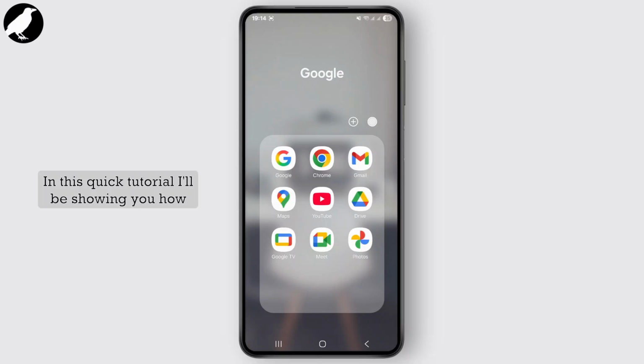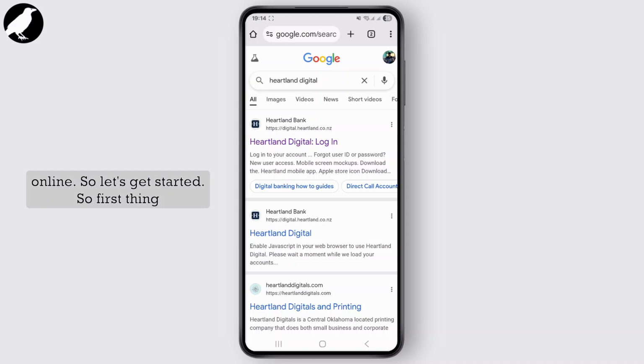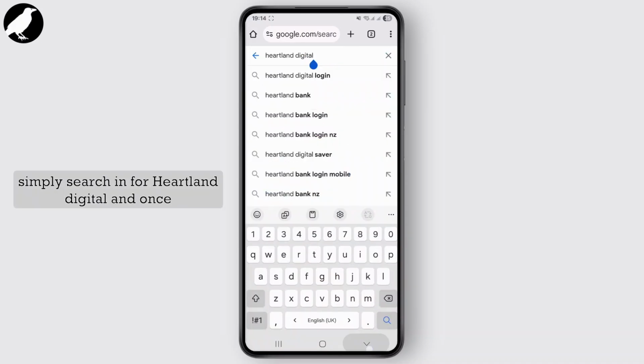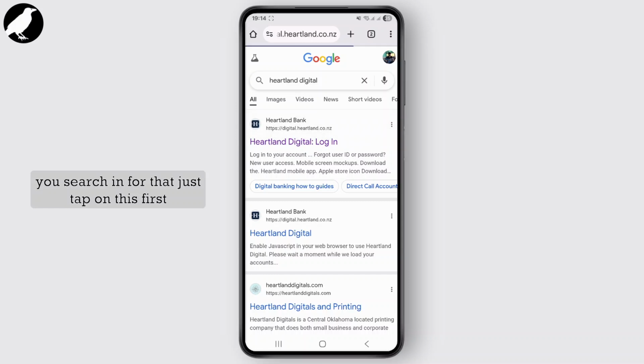In this quick tutorial, I'll be showing you how you can easily apply for a loan from Heartland Bank Online. So let's get started. First things first, just head over to any of your favorite browsers and simply search for Heartland Digital. Once you search for that, just tap on the first link,